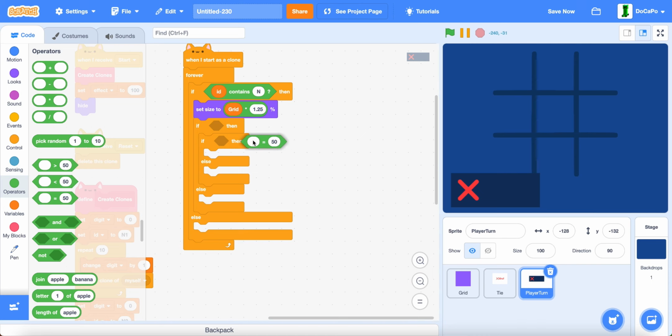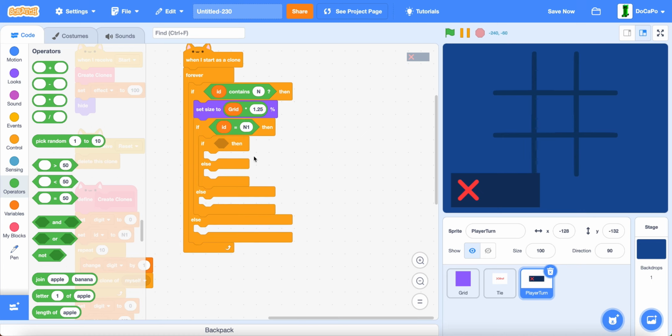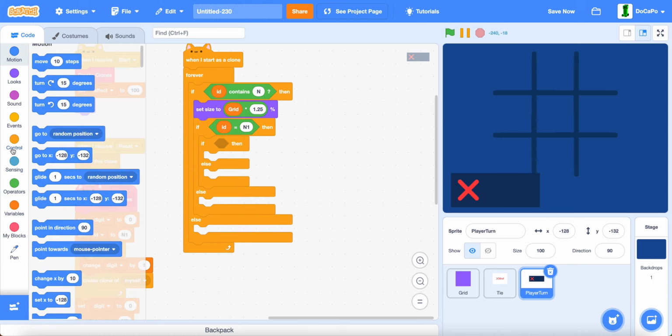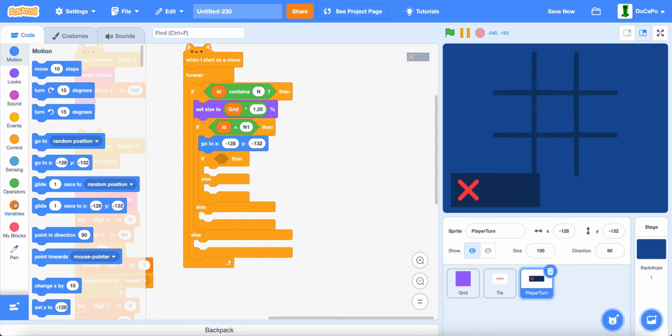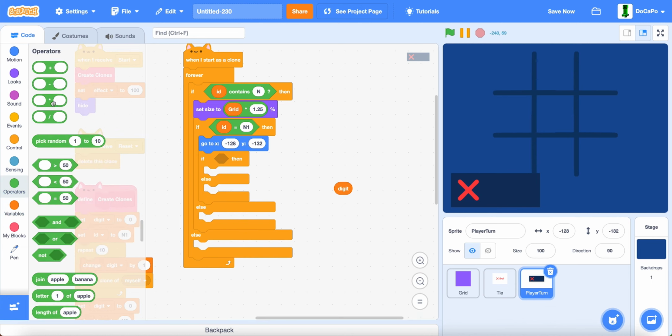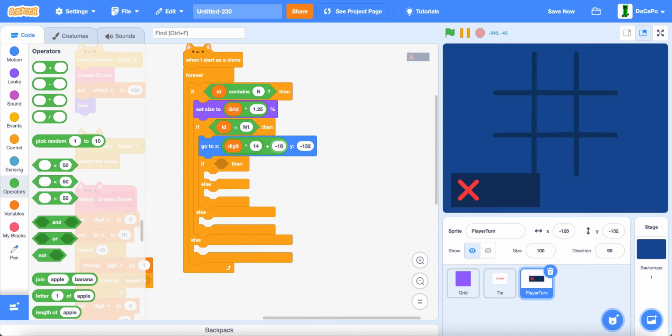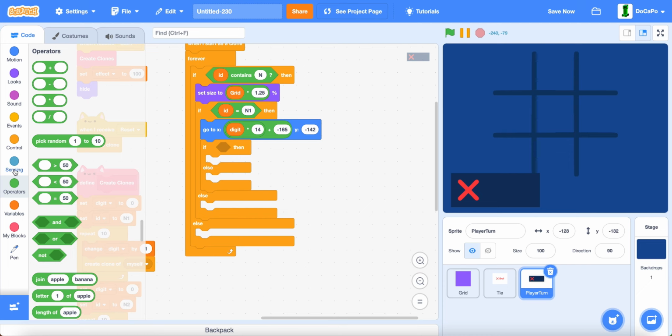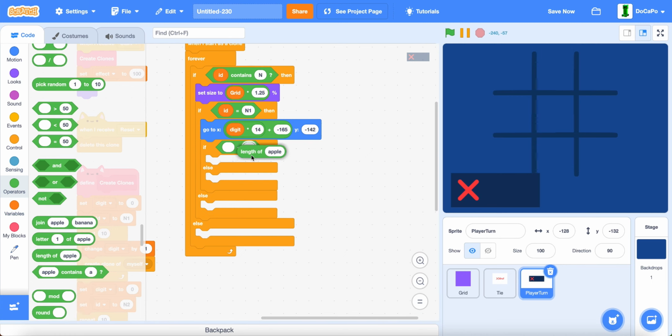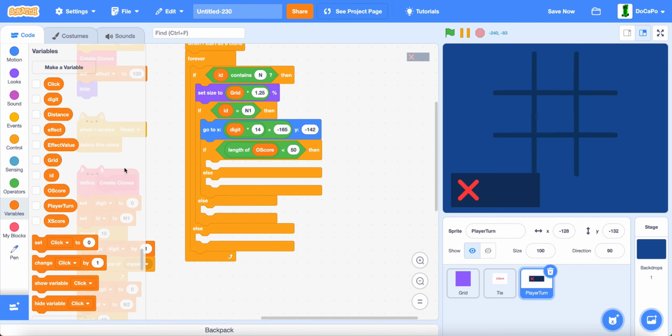If ID equals "n1", then you will do first a go to, and then digit times 14 plus negative 165, and then y will be negative 142. Now in the if, we do a less than, and then we do length of O score less than digit,